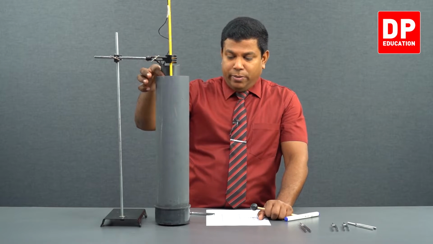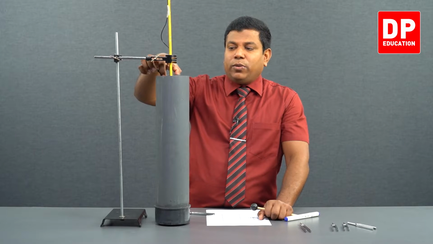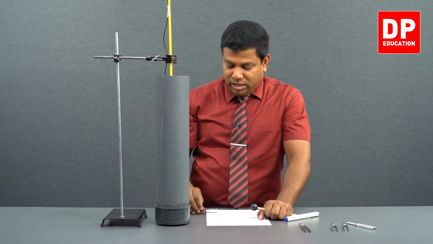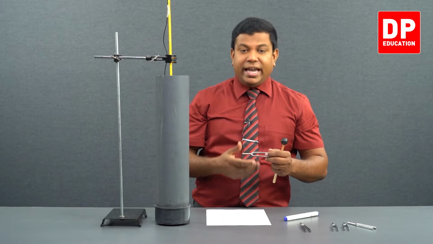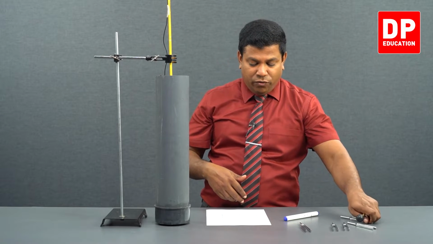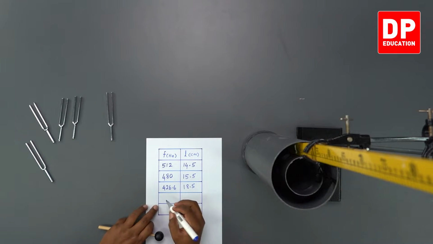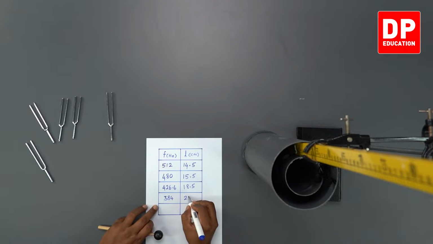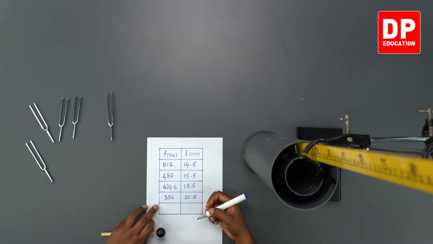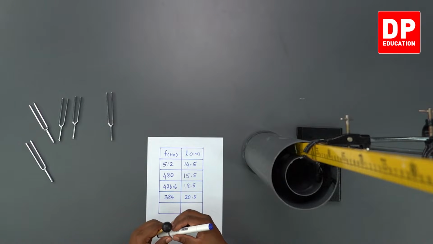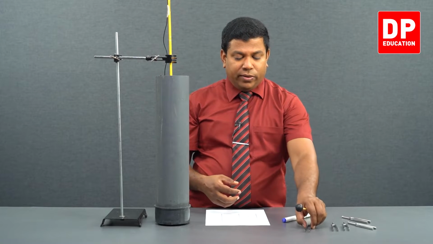20.5, that is for what frequency? That is for 384 hertz. We got 20.5 centimeters. We got 4 readings. Better if we have 5 readings for a straight line graph. Next one we have